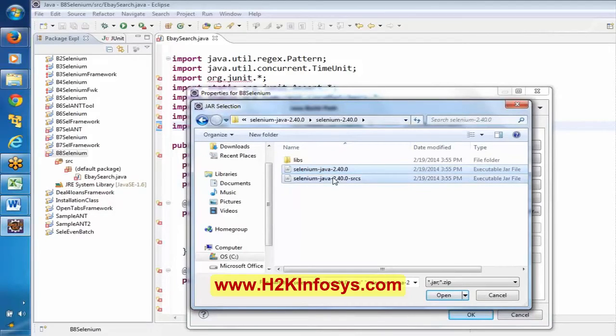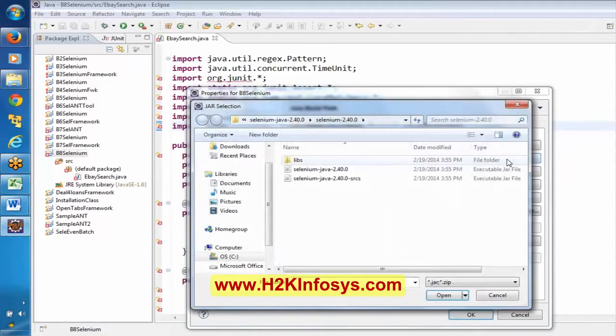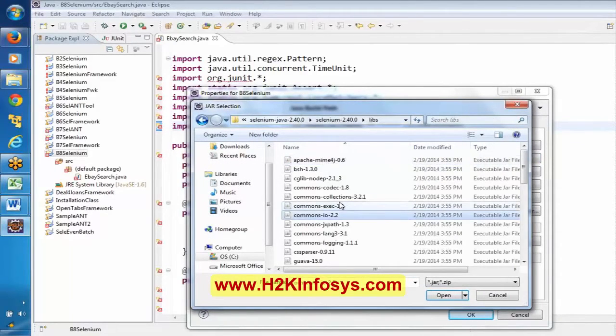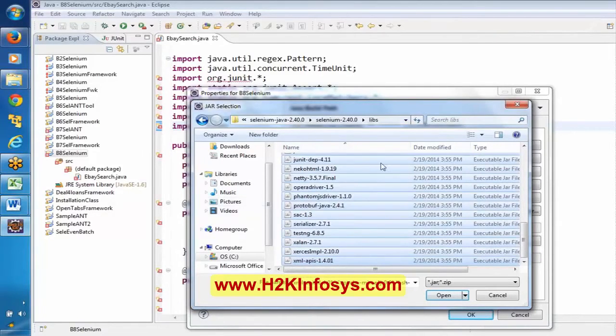As of now, in this folder, we have to select these two jar files. Click on open, and again add external JARs. Open the libs folder, and here you will find many jar files. Just press Control A to select all these jar files and open.